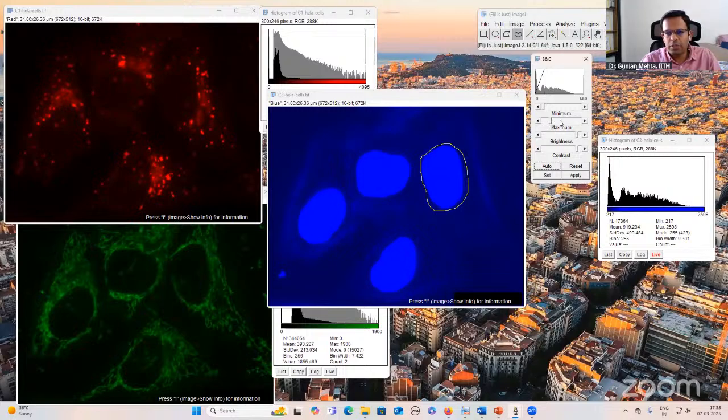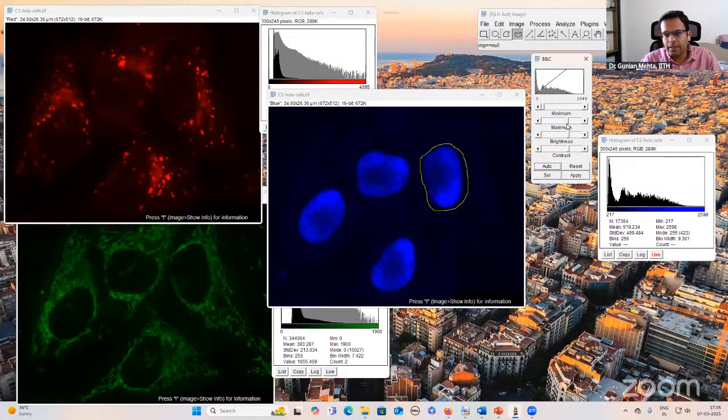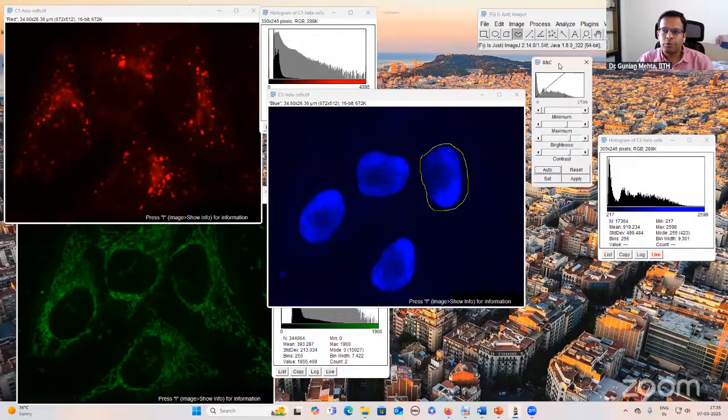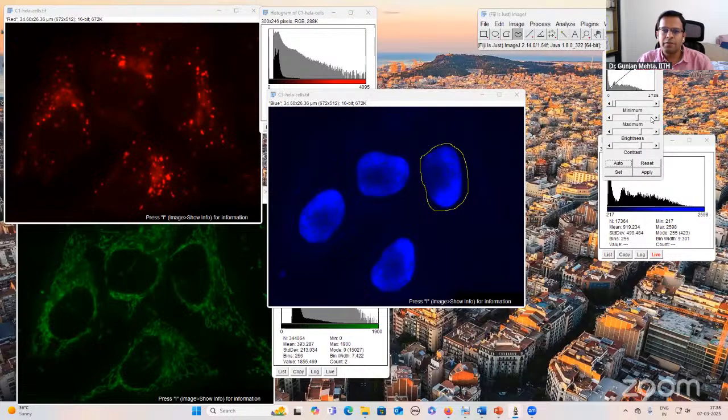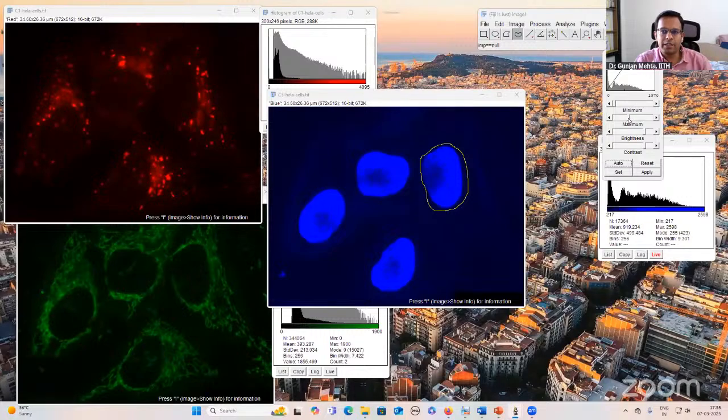Actually, you should show this nucleus like this, so that people can understand that this has actually some different areas, like this is a very bright area, this is a moderately bright area, and this is some dark area. Okay. So for publication purpose or for any final reporting purpose, don't over-process your image so that the real information is lost and you end up showing some artifactual information. Okay. So be very careful while adjusting this brightness and contrast.